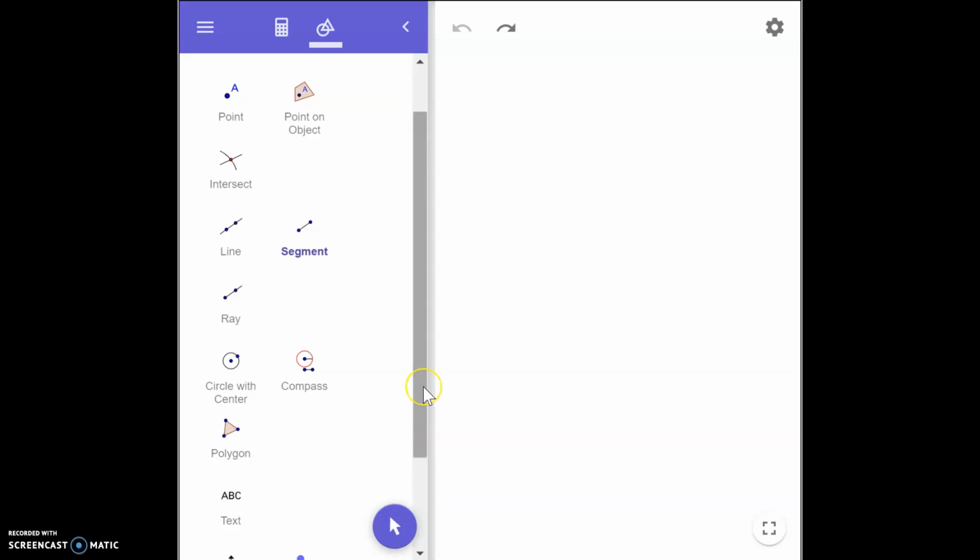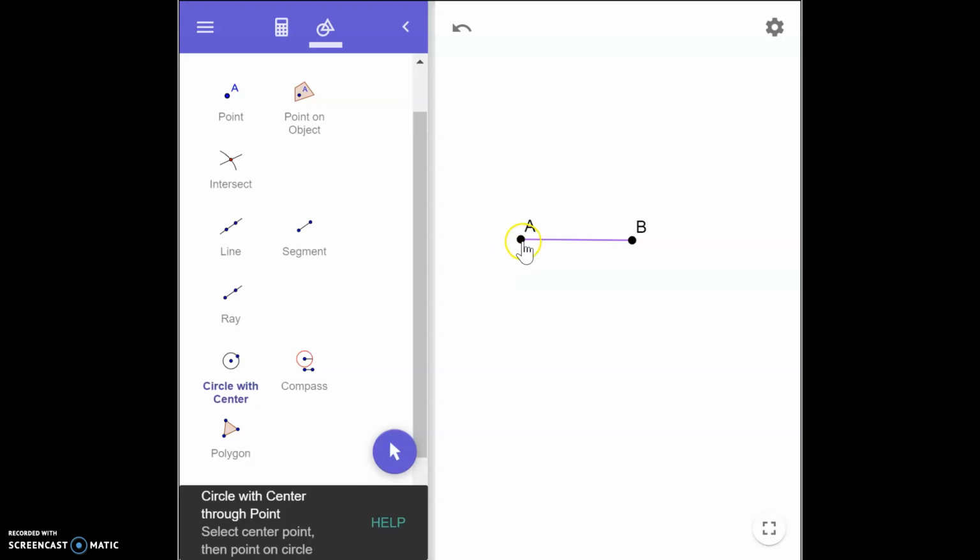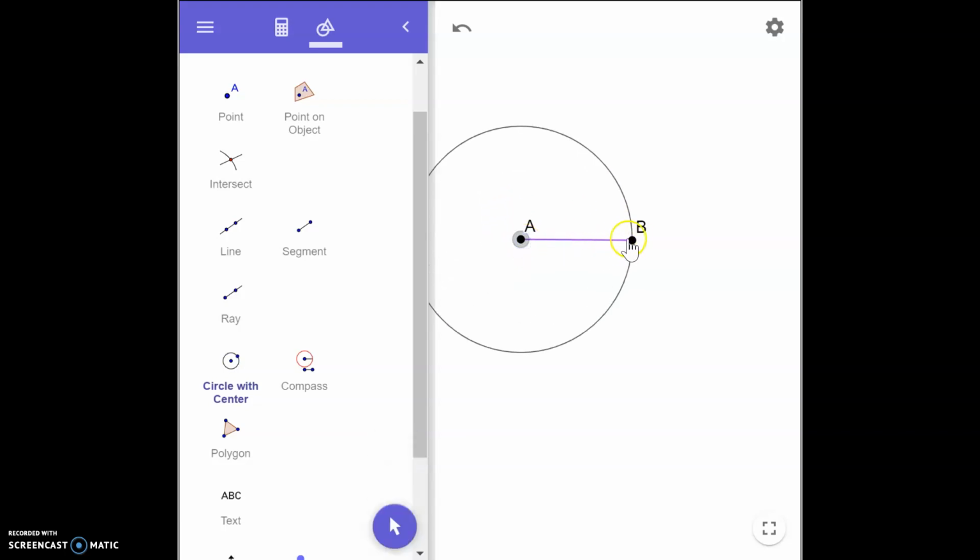Alright, so we're going to create a segment bisector or a perpendicular bisector. So here what we're going to do is we're going to create our segment, call it line AB, and don't create it too long where you're going to go outside the screen. So once you create a line segment AB, you're going to create a circle using AB as the radius of